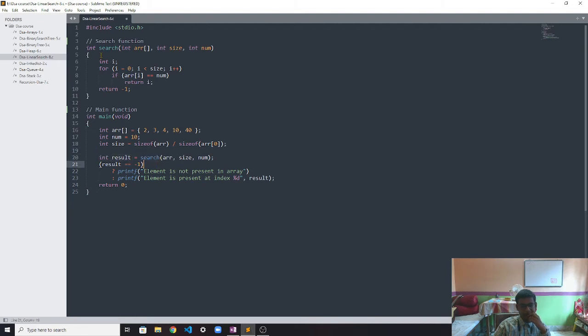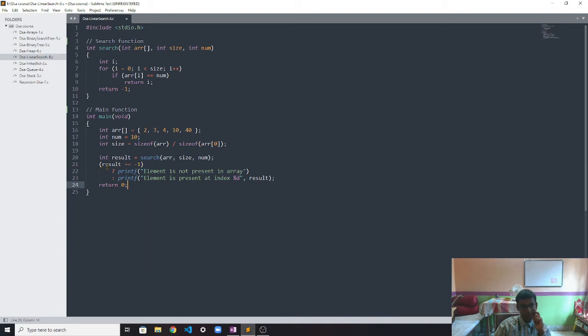So let's implement the search algorithm which we made. Here we take the array, the size of the array, and the number which we want to find, that means the element. We take this in a result variable. This is actually an if-else statement, but just to reduce its size, we use this syntax.